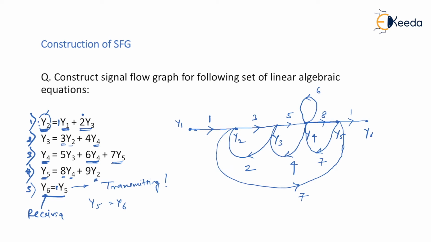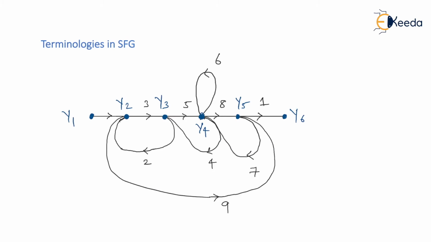So now what you see is a graphical representation, which is nothing but a signal flow graph. Is that right? So within the same SFG, we have to see some standard terminologies which you will face while solving the problems on SFG. So a very first terminology I'll go for is something called a forward path. So let us understand the meaning of forward path. So first terminology that we are going to understand is a forward path.